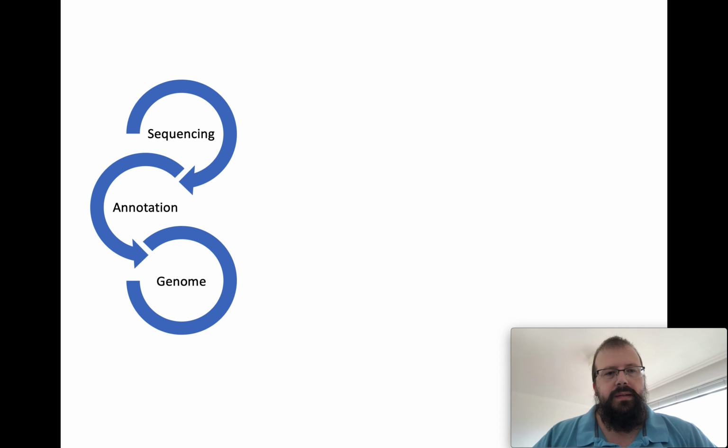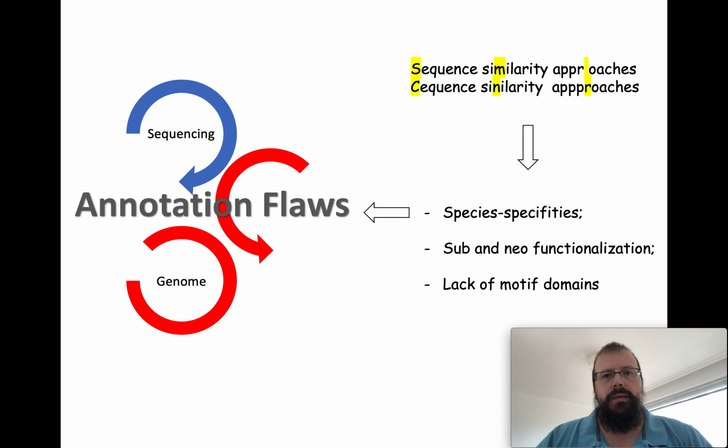Well, as you probably know, after we sequence a genome, we go through a process of genome annotation, and also we have a draft of the genome or the genome as a whole. But the problem is that most processes to annotate genomes are based on sequence similarity approaches, and we can have many problems with this process because we have many species-specific subfunctionalizations and lack of motif domains in many different genes and proteins, and then we can have a bunch of annotation flaws in the genome because